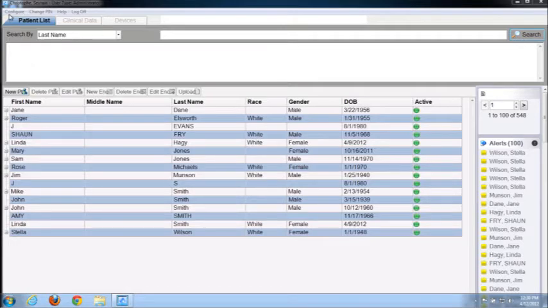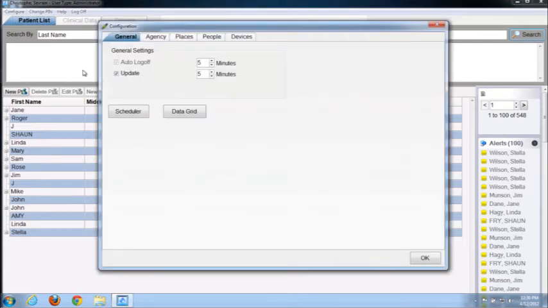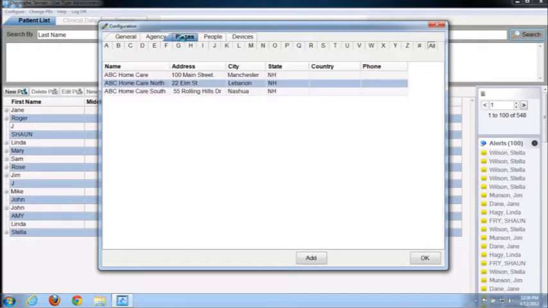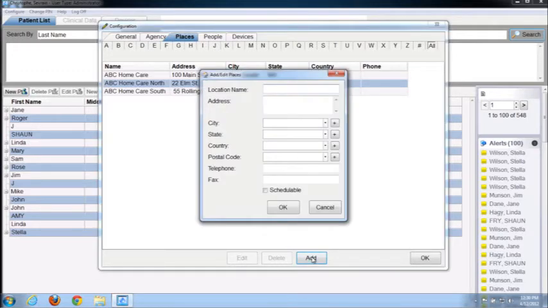By clicking the Configure button, a new window will appear to allow the caregiver to set up the agency information. The first tab has General Settings, and the Agency tab has the name of the main agency. To add an agency location, which does not have to be a physical location, but could be a virtual location such as cardiologists or family members,